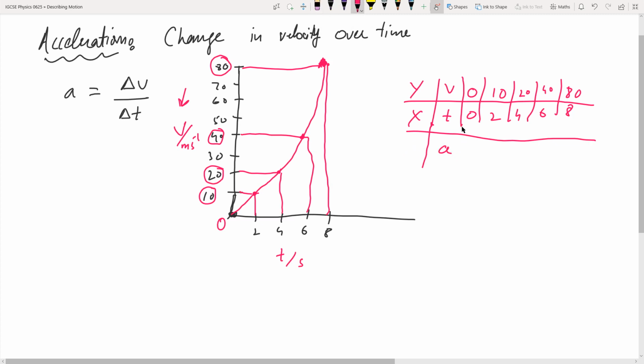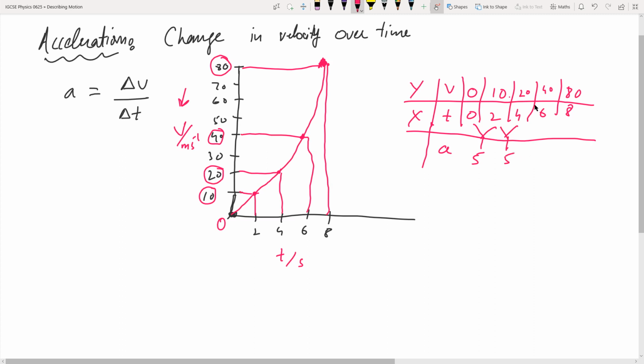So let's draw a for these values, and a is actually the top value, the difference of these two divided by this. For 2 and this, the acceleration is going to be 10 minus 0 divided by 2 minus 0. It is going to be 5, right? And then for 20 minus 10 and 4 minus 2, it is going to be again